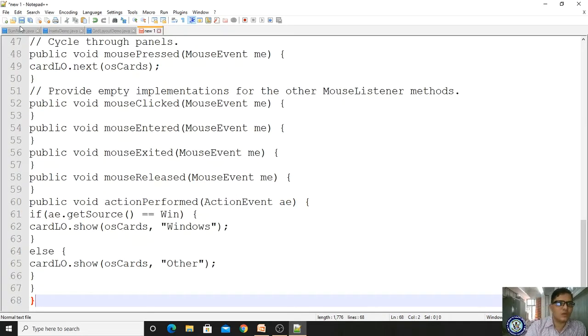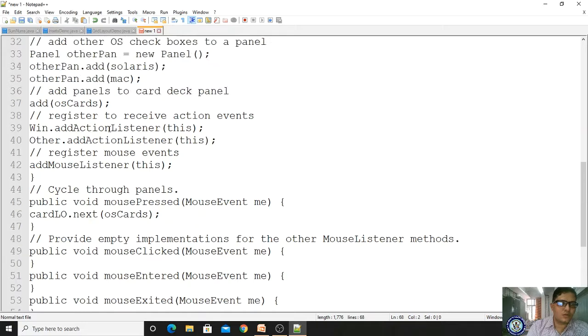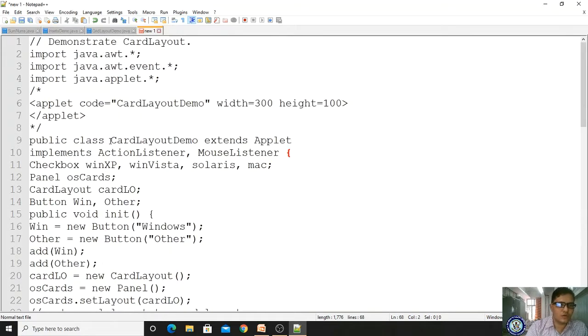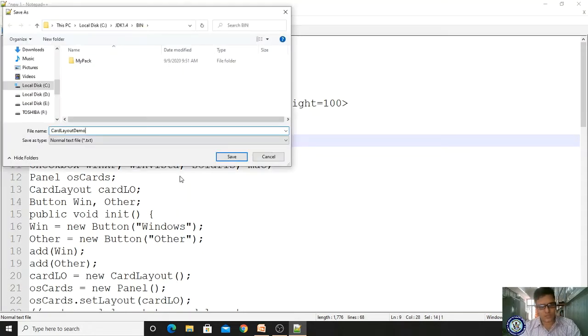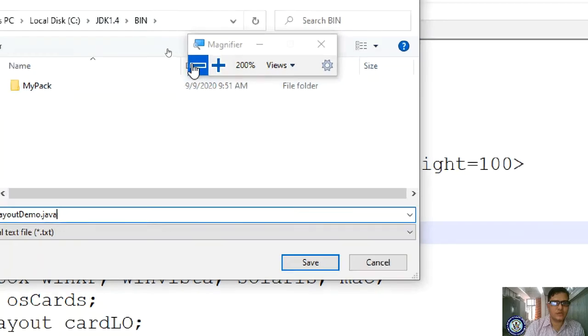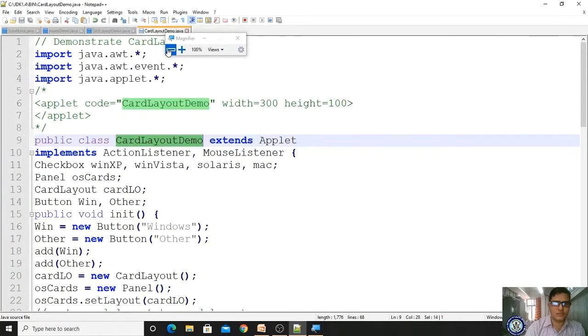Now save it. So how to save this? We have to name it CardLayoutDemo, right? Copy and save as .java. And ensure that you are storing it in the right directory. Yes, save it.